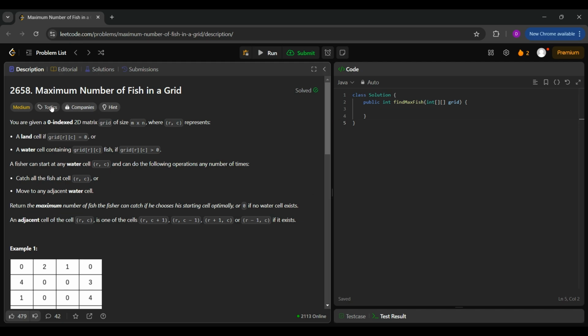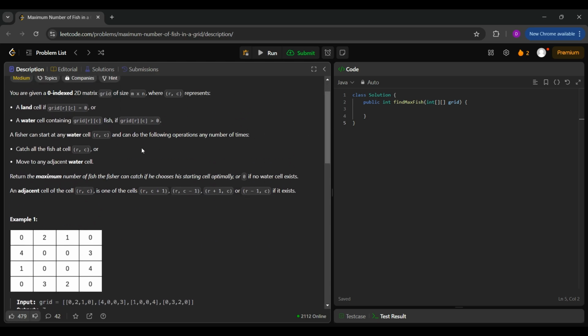Today we'll be moving ahead with Leetcode problem 2658, that is maximum number of fish in a grid. I will explain the problem first, then we will move towards the approach and then we'll move towards the coding part. Okay, so it is saying that you are given a zero indexed 2D matrix grid of size m cross n